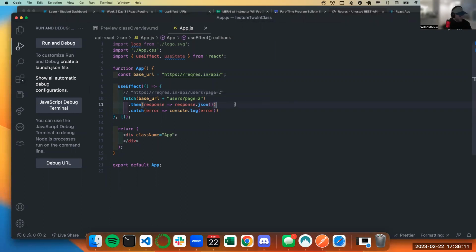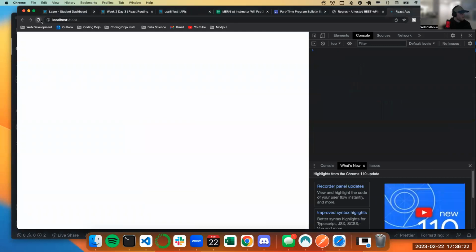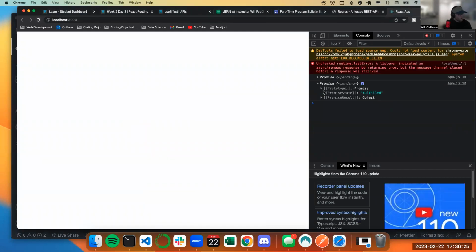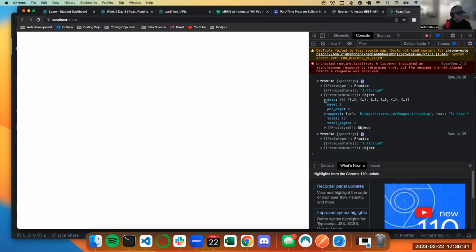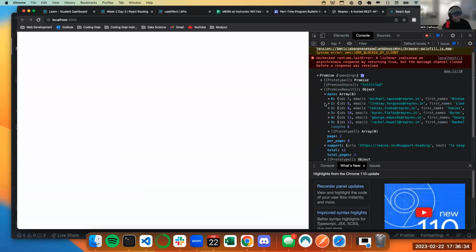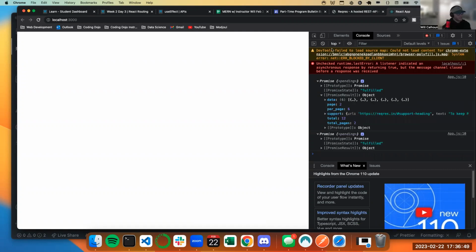Cool. But now, let's see if I console log this. Let's see what this looks like. Console.log. I come back. I refresh. Cool. I get this promise pending. I get this object, and then within this object, I get this guy right here, this data piece, right? This is what's important and this is what matters, right? This is the portion that I want. And I just had to convert that into a JSON object or JavaScript object.